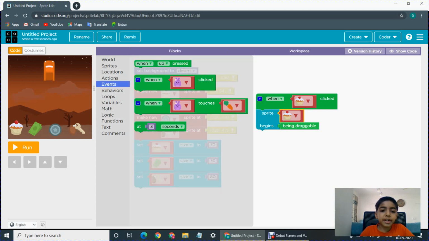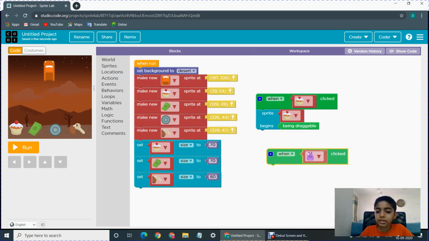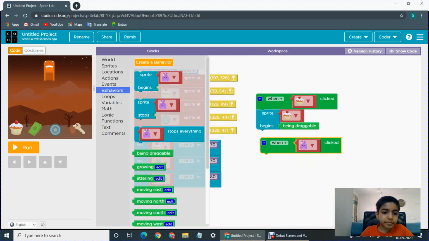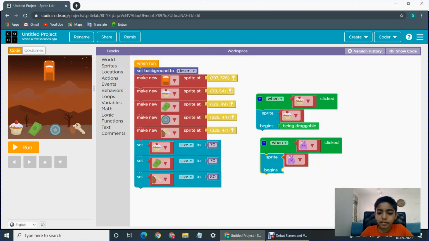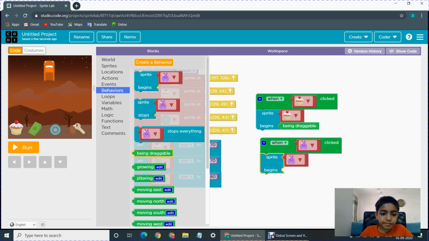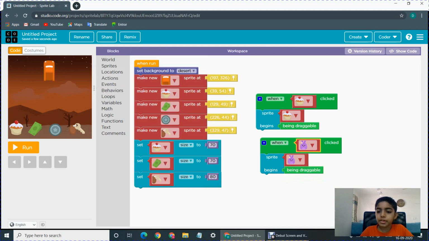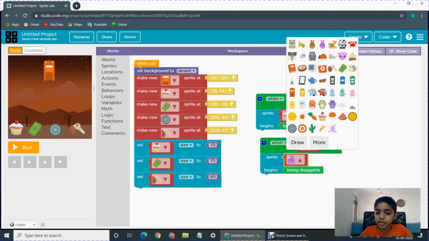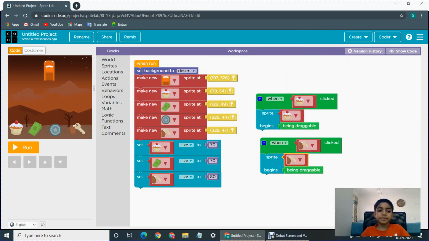So again we are going to do it for all of our sprites. See, so this one we change it as keys, and this also has keys.